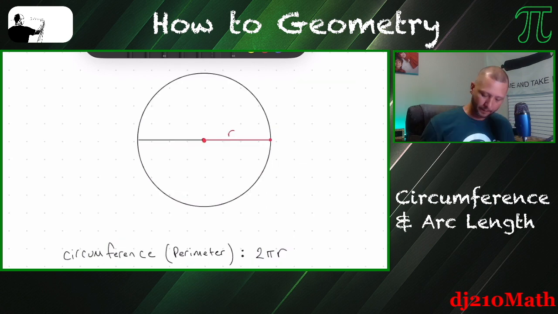Another alternative would be diameter times pi, the diameter being 2 radiuses put together. But typically what we see is 2 pi r. This is the one that we use the most. All right. Another useful formula